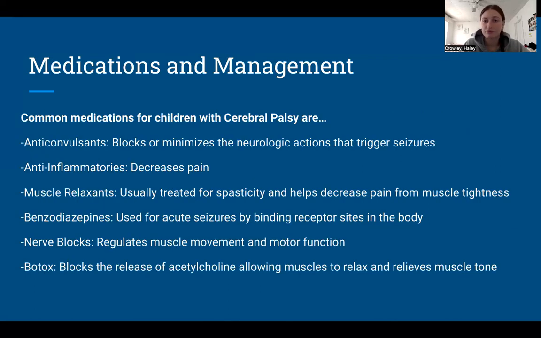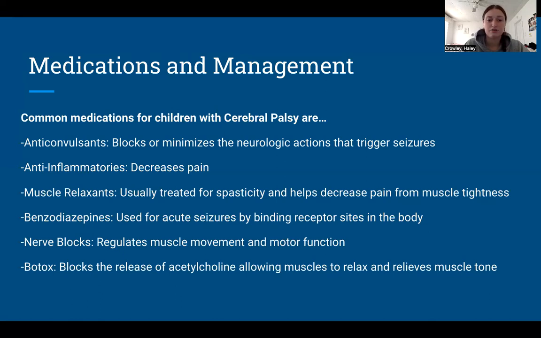Medications and management for cerebral palsy. Common medications for children with cerebral palsy are anticonvulsants, which block or minimize the neurologic actions that trigger seizures. Anti-inflammatories, which decrease pain. Muscle relaxants, usually used for spasticity, which help decrease pain from muscle tightness. Benzodiazepines,